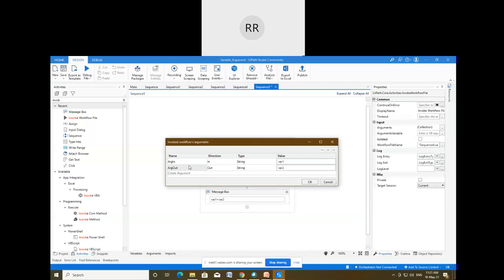We have to cross check whether variable1 will have any data. If variable1 has any data, that means we are doing something wrong, because the argument in is supposed to not pass the data from sequence 4 to 5. But variable2 gets its data from argument out, whose direction is Out.